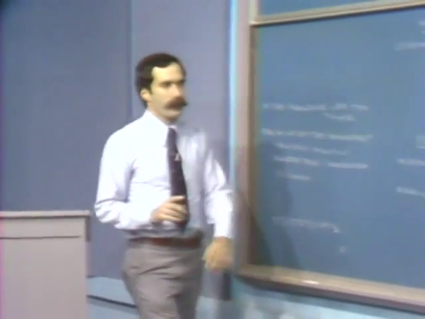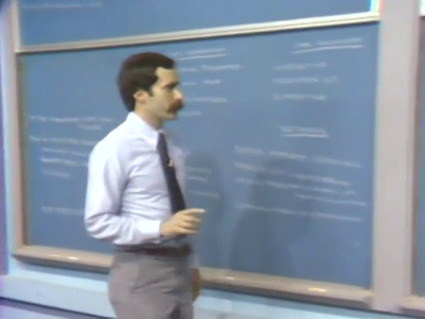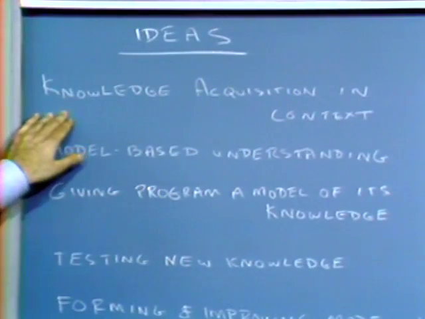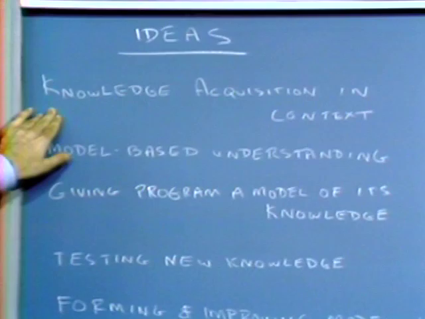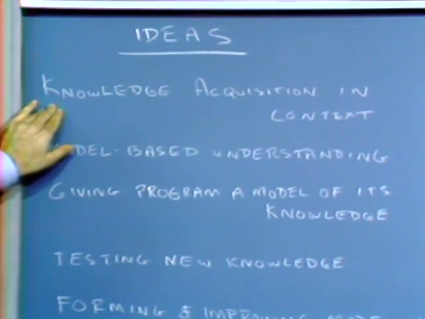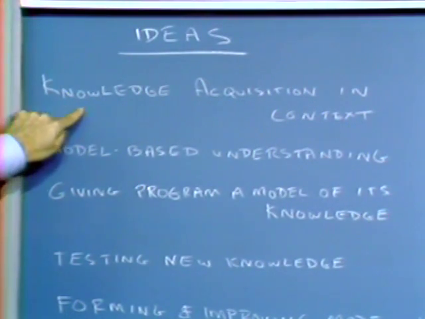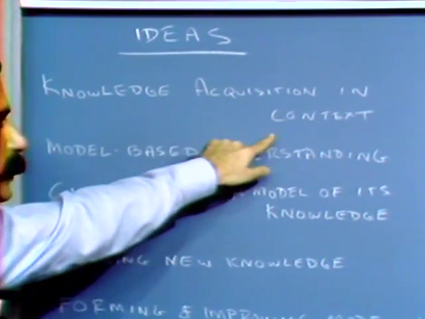Now, let's go back and review some of those main ideas about how TEIRESIAS works, and let me show you again what we were talking about by some of those notions. Here's some of the ideas we were working with. First of all, we had the notion of knowledge acquisition in context. That is, we were saying, let's work on a real example, and let's let the performance program do its best on a particular example and see what happens. What happens in this case was that the program made a mistake, and that provided a good deal of context.